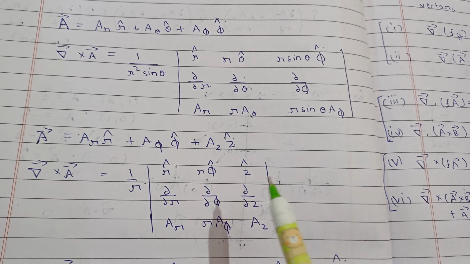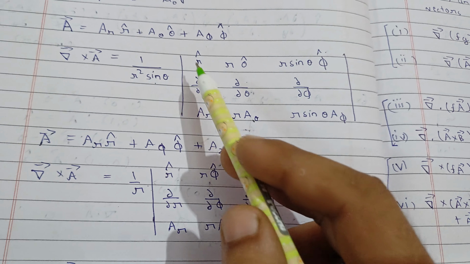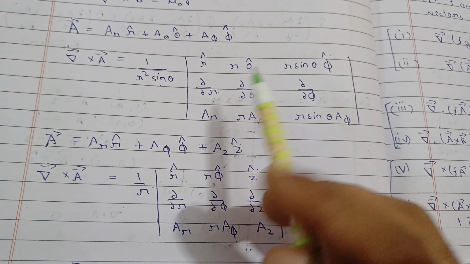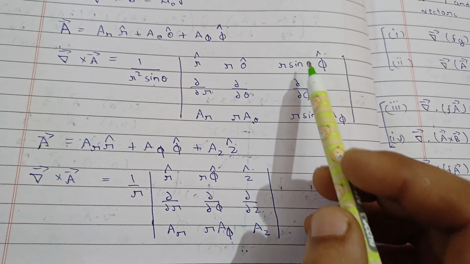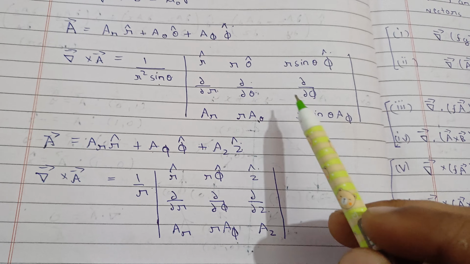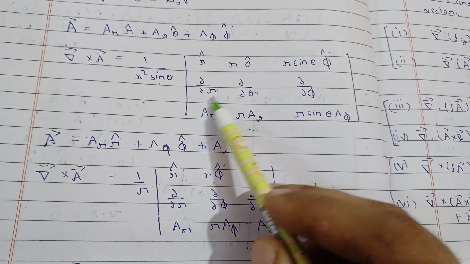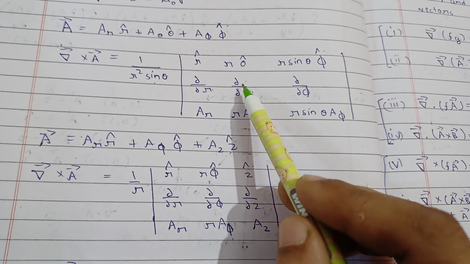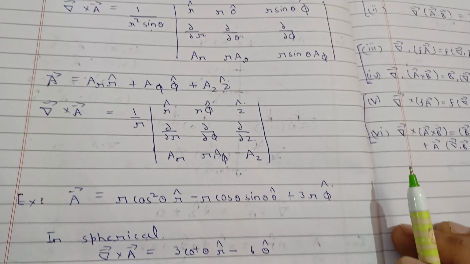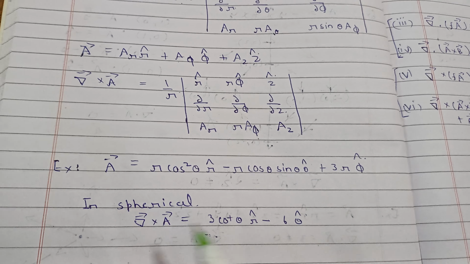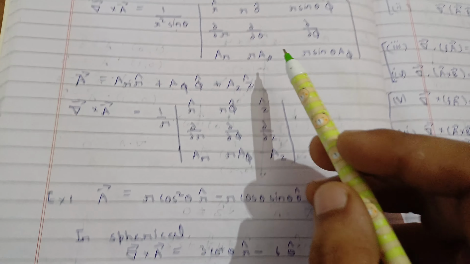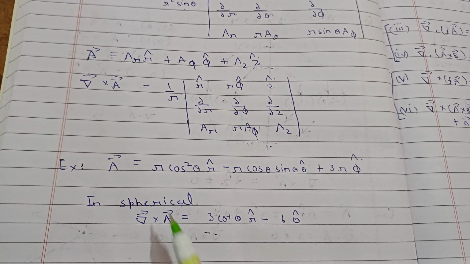Okay, and r cap will be your direction. Plus then these lines will be cut, then it will be del by del r of this minus del by del phi of this, and it will be minus theta cap outside. Then r sin theta phi cap will be outside, and del by del r. You know how to solve the determinant, it's just the same. But here this is the del operator, so it will operate on it. Same here, in the determinant it will operate. Okay, so you know what is the meaning of operation. So you can solve this one. In spherical you will get curl of A equal to 3 cot theta r cap minus 6 theta cap. So after solving this way, this vector is your answer in the spherical.